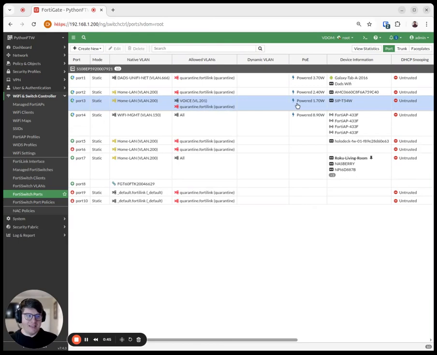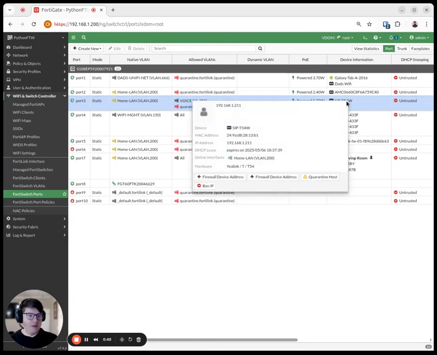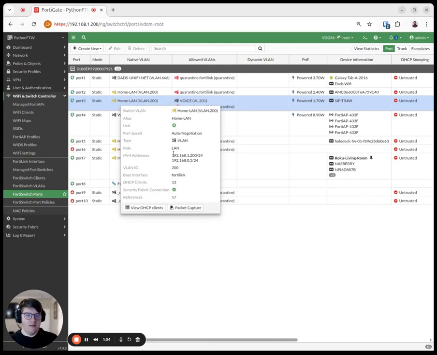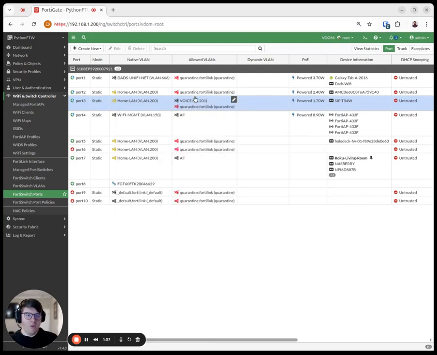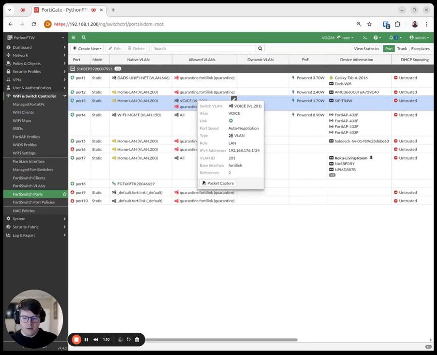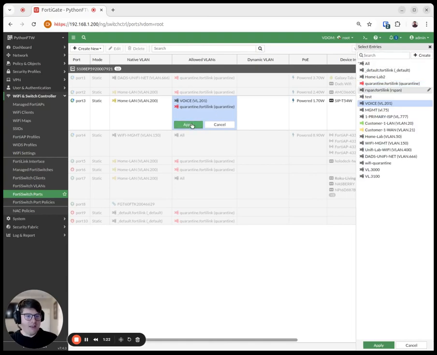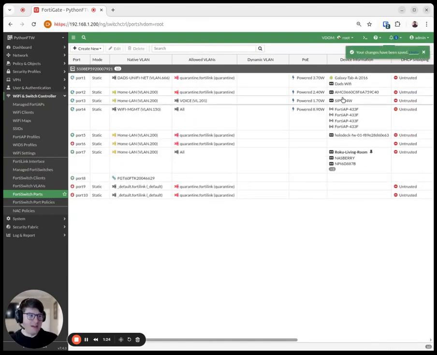As an example that I currently have set up, I have a phone that's plugged into my LAN network. It's getting an IP address on my LAN network right now, 192.168.1, but I don't want it to get that network. I want it to get my voice network. So you can see here my home LAN 192.168.1, and what I wanted to get is this guy, 192.168.176.1. I'm sorry, I wanted to get an IP on that network. That's my gateway. As you can see here, I do have the voice VLAN allowed, and I have it labeled as voice, but it's still getting a